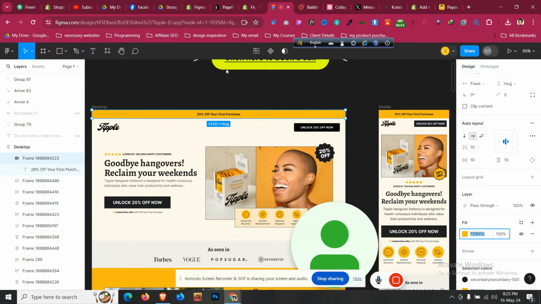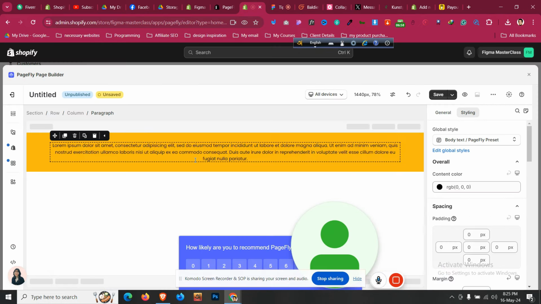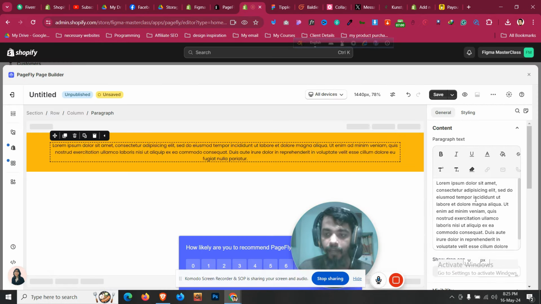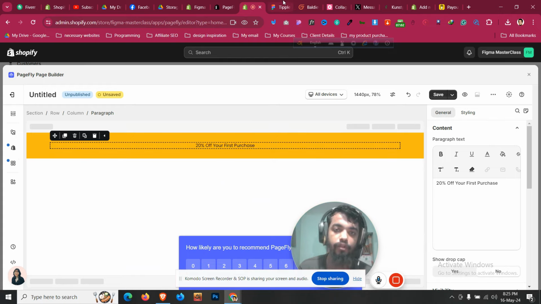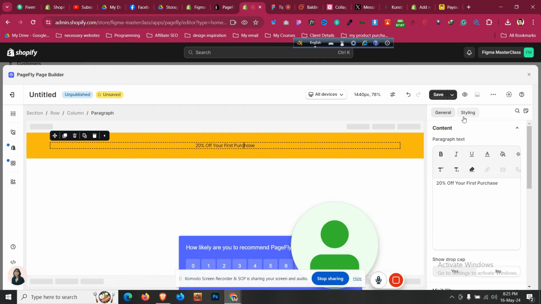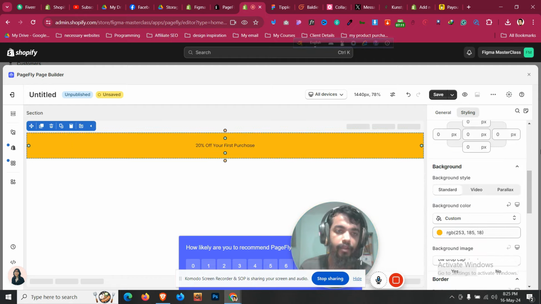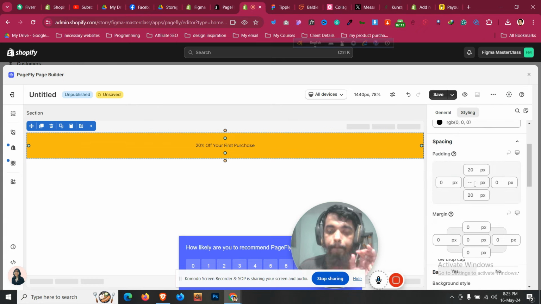I think. Okay, so if I click this text, I can copy the whole text, Control C. I can click this paragraph and come here, Control V to paste all of them. And this is the text, Control C to copy, go back here, and then come to styling and Control V here. Okay, then go to the section, and there is a padding comes default from the section, so I'll make